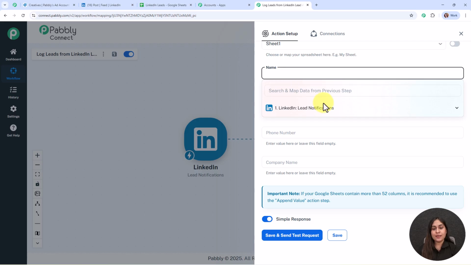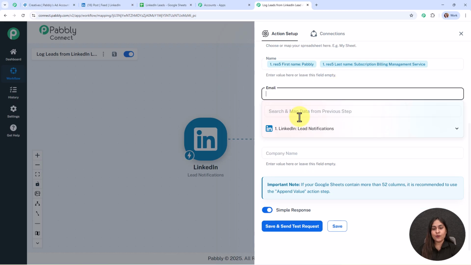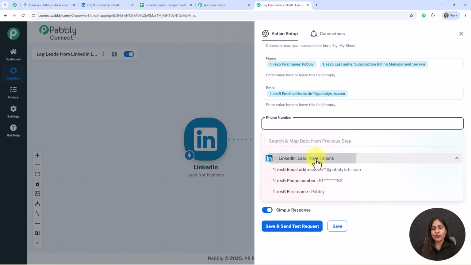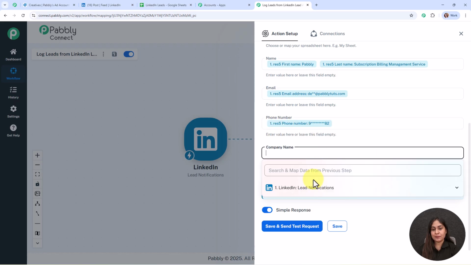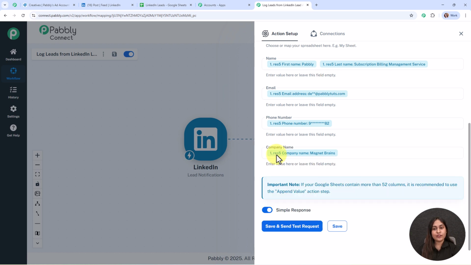So for the name I'm going to map the name. So this is the test detail that we have received. So we are going to map the first name first, then we are going to enter a space, and then here we are going to map the last name. Let's move forward. Here for the email address I'm going to map the email address. Here for the phone number I'm going to map the phone number, and lastly I'm going to map the company name. So now here, after entering all the required details, I'm going to click on the save and send test request given over here,